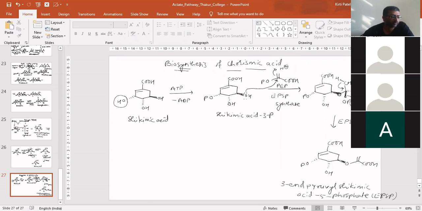This EPSP compound then undergoes elimination of phosphoric acid by 1,4. Here it was 1,2 elimination of phosphoric acid. Now here it will be again elimination of phosphoric acid, but it will be 1,4 elimination. So we have a hydrogen here, a CH2 group. So 2 hydrogens are here. This will undergo